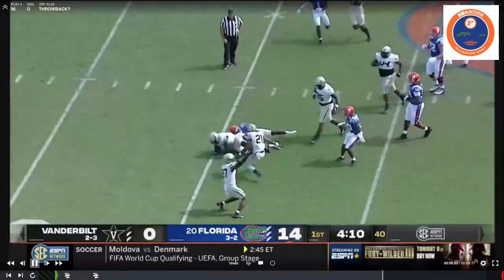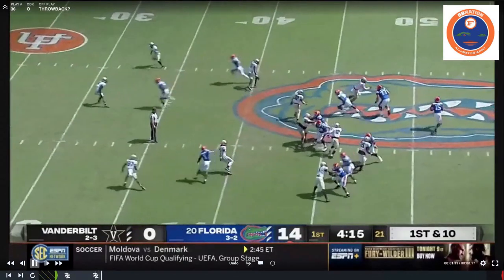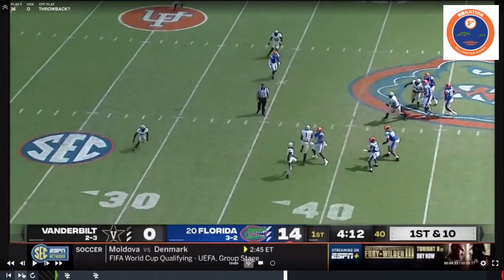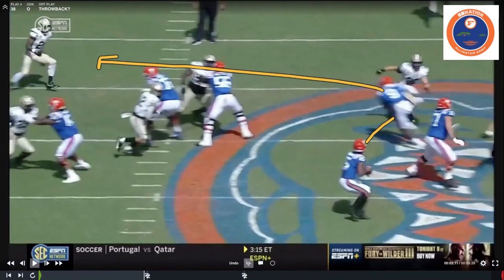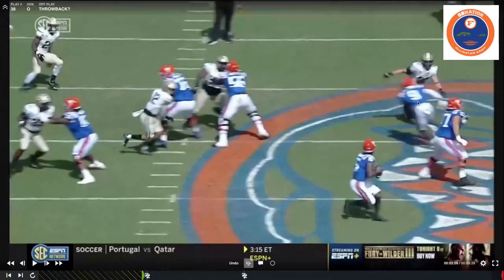So what you can't do is throw it when it's not open or not there. You kind of just trust the design and trust it'll be there, but you put it into traffic. Again, I don't know if this is a throwback and it's totally designed and you can't take anything else, then that's just kind of bad luck. It's hard to tell. He's looking downfield here, but I don't know if he's looking to kind of hold some guys,